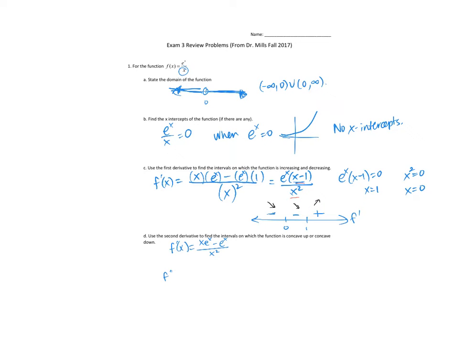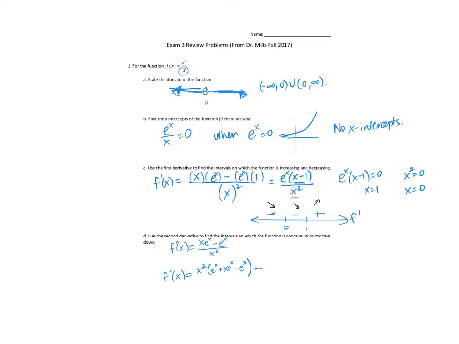So f double prime of x is going to be equal to low d high. The derivative of x e to the x minus e to the x is going to be e to the x plus x e to the x minus e to the x,